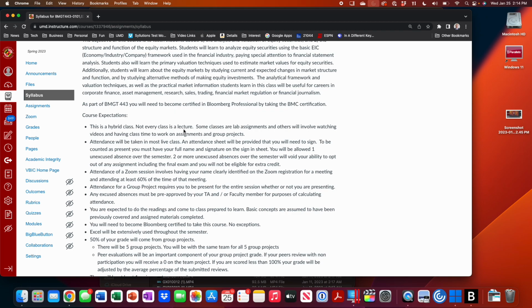Now, here's the point. If you miss a mandatory day because of a university-approved absence, meaning you got in a car accident, there's a death in your family, you have COVID, something really bad's going on, okay, excused, right? But if you're just having the sniffles, you want to go to a wedding, some friends are coming into town to visit you, those are not university-approved absences. I already had 2 people send me an email yesterday. One of them said, hey, I got a wedding one of those days. I can't make it. Instead of losing 5% of your grade, I'm not going to consider that to be an excused absence. Then I'm going to give one alternative.